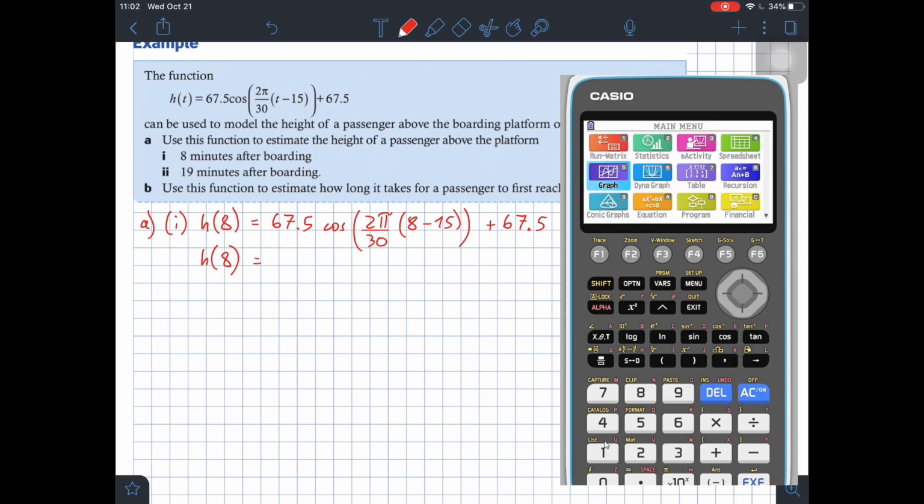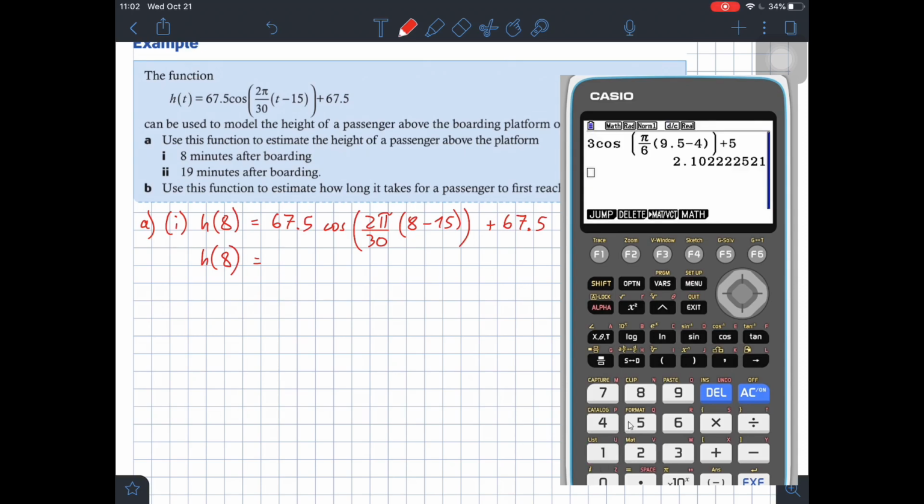Let's see how much that is. We go to menu 1, erase this. So we would have 67.5 times cosine of 2 pi over 30. This is being multiplied by 8 minus 15, and then plus 67.5. Click on execute. Remember, calculator should always be in radians, and we get this value of